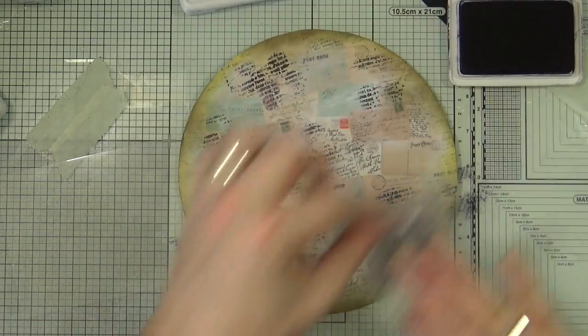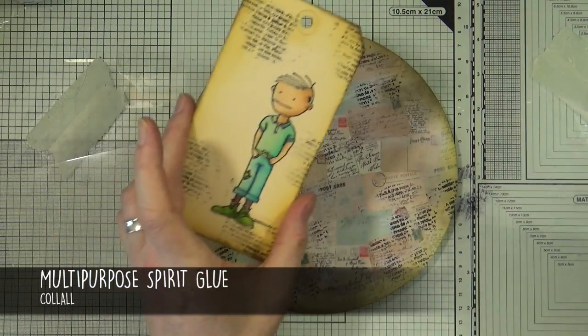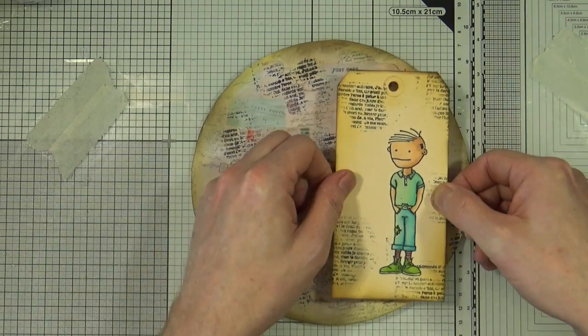So I'm happy with the stamping in the background now. I did think about using the potting soil as well, just to do a little bit of a variation, but decided against it. So it's now time to stick down my main focal point, my craft tag, and also my embellishment cluster. So for that I'm using